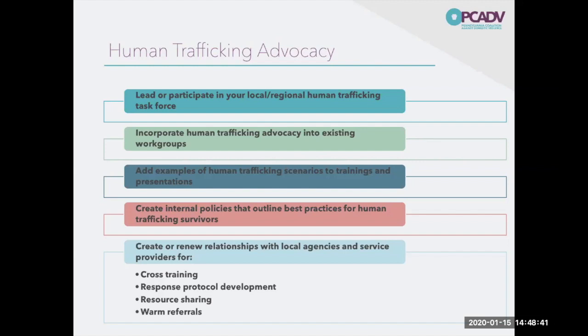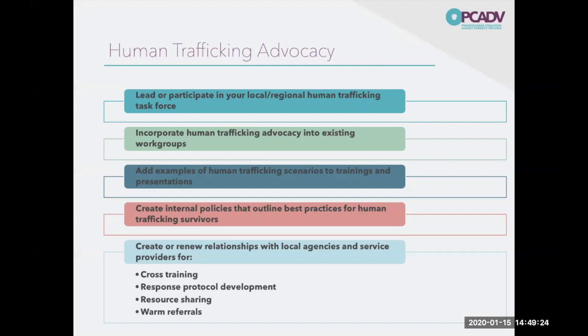And this is one of the first and most fundamental things that can really benefit your community, is to get everyone together and say, what do we do? How are we going to work together if we have a situation where a human trafficking survivor is either recovered through a law enforcement operation, Homeland Security recommends that they come to our shelter or our area, or somebody self-identifies and we need to get them connected to community resources. So that response protocol development is a key factor in human trafficking advocacy and something that you can start doing right now.